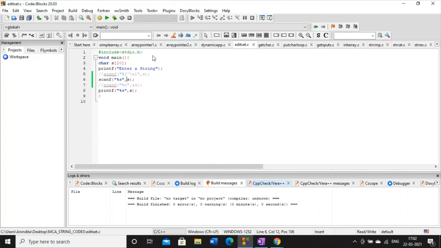But why? See this. s is an array. Whenever I use ampersand of s, since s is an array, it means the address of the array, the base address of the array. And writing only the array name is also known as the base address. Both are the same. So why am I not writing ampersand here? Because I'm just saving one operator, simplifying it. So both are the same.